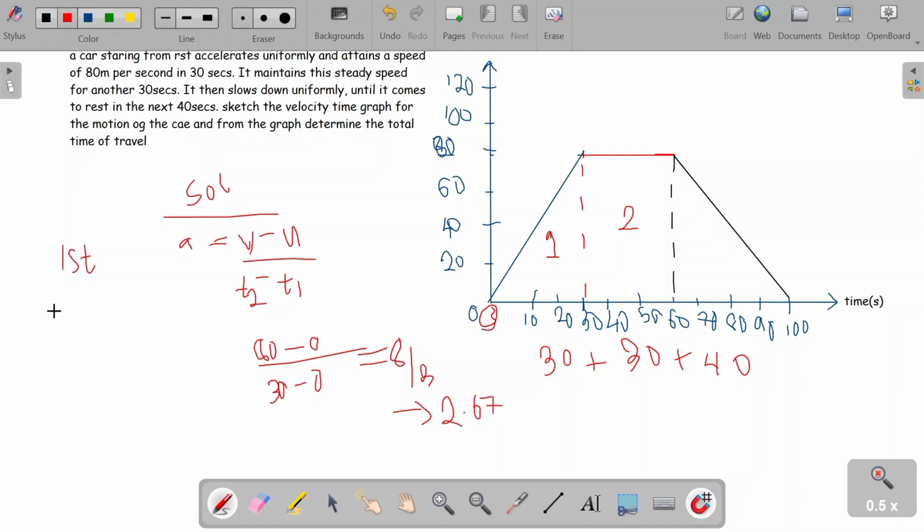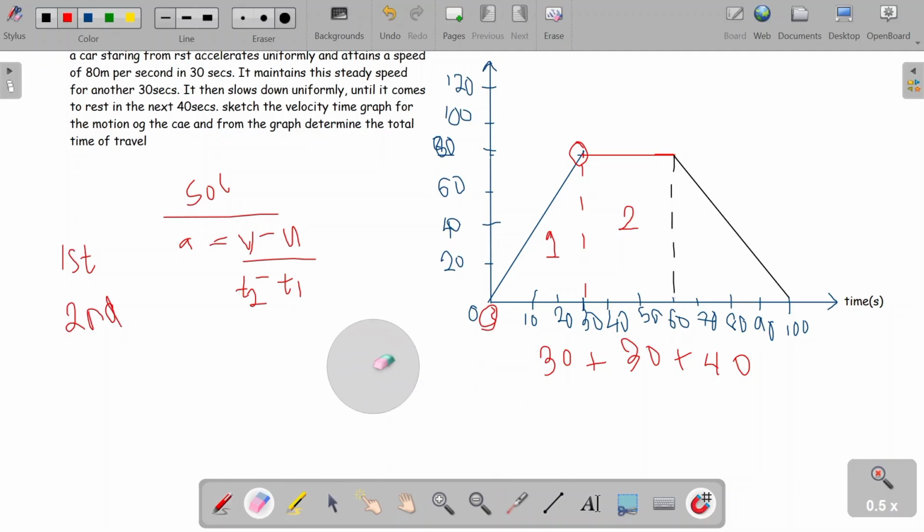Now let's take a look at what the second part of the journey would look like. So we're using the same formula, final velocity minus initial velocity, final time minus initial time. So what was his initial velocity in the second half? It's 80 now, this part. It's 80. It's no longer 0. The 0 was in the first part. Now the second part is going to be what? 80. So let's clean up our solution for the first half. Okay. So in the second half is